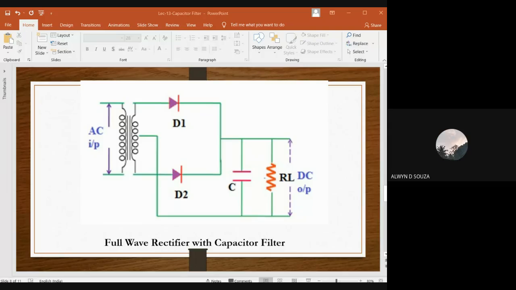Yeah, Alvin. Ma'am, I'm Alvin D'Souza. I think it works the same as a full wave rectifier, but due to the presence of the capacitor, the ripple factor reduces, so the output will be a bit high. Of course, how it operates is the question. Of course, with the filter, obviously the ripple contents are reduced in the output. That is the purpose of the filter, the function of the filter. How is it happening is the question. So that you have to explain with a circuit. No, Ashwija, please wait.